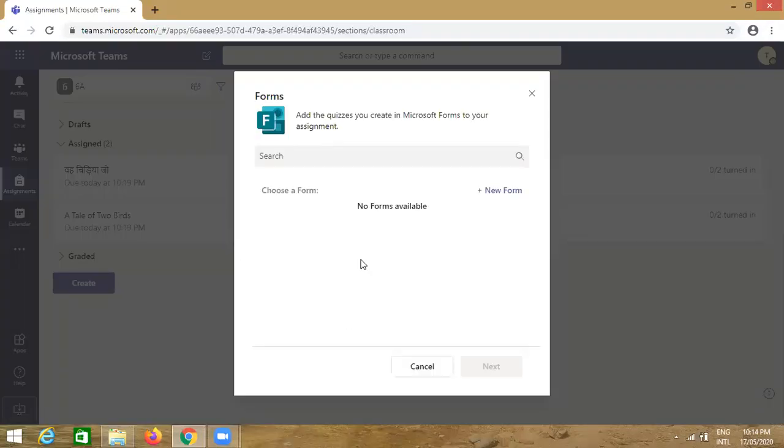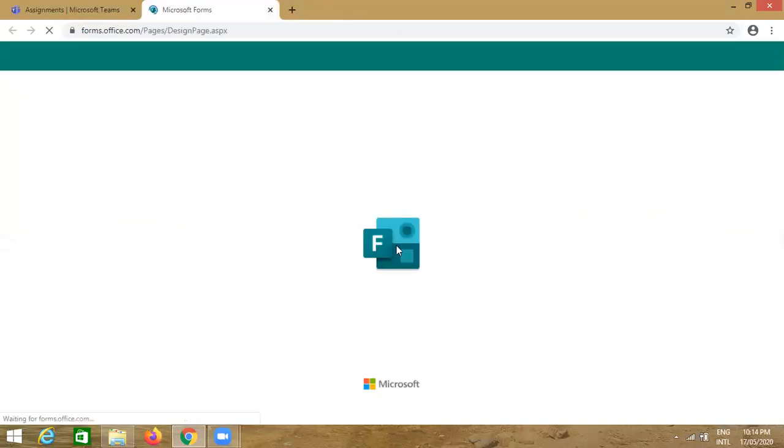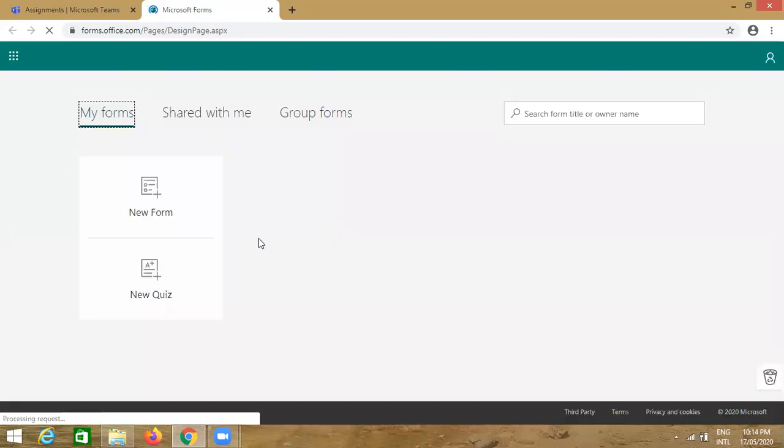Here in the forms dialog box, click on the new form. You will see that the forms window is opening. So when opened, you click on the new quiz.